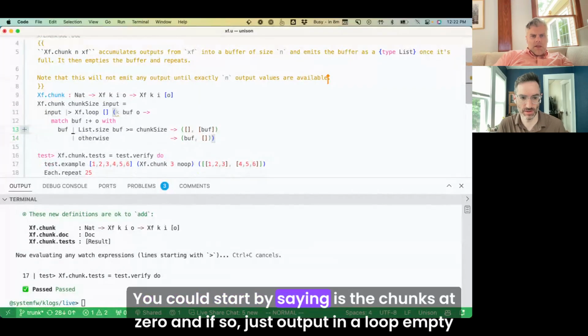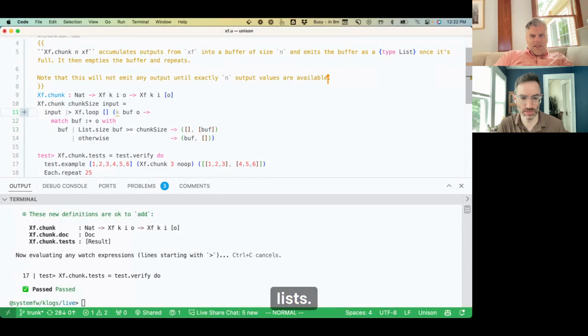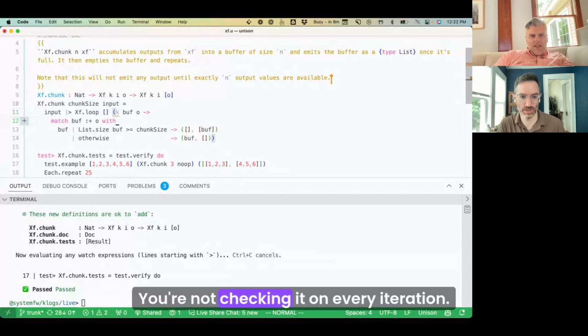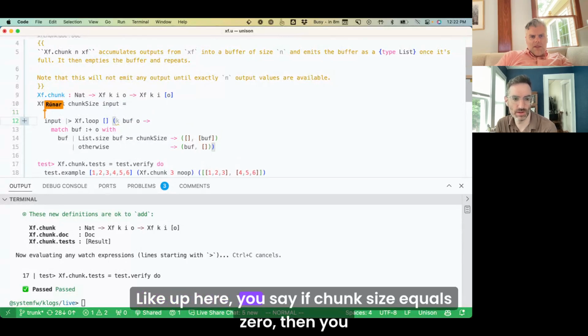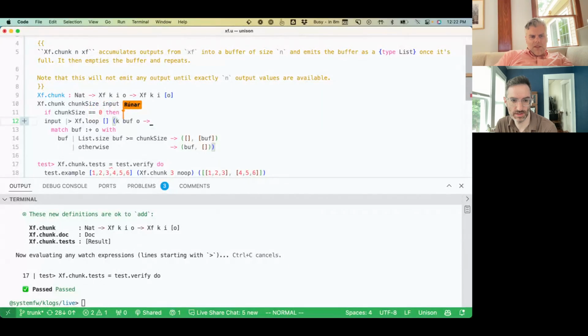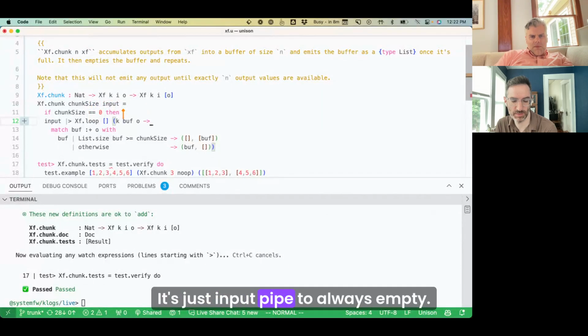You could start by saying, is the chunk size 0? And if so, just output in a loop empty lists. Oh, you're not checking it on every iteration, like up here. Oh, I see. You can say if chunk size equals 0, then it's just input pipe to always. Is it called always empty?